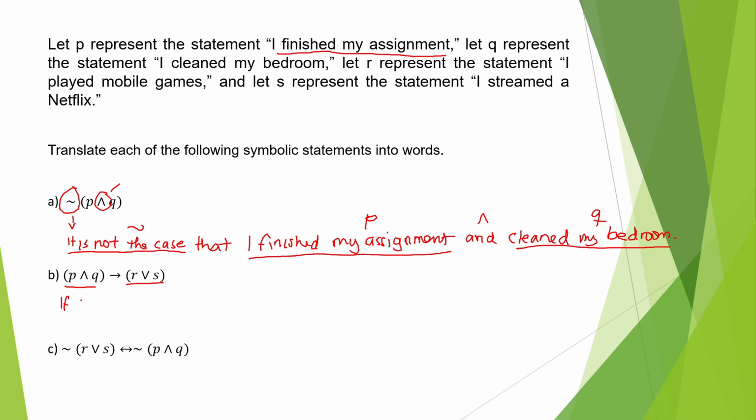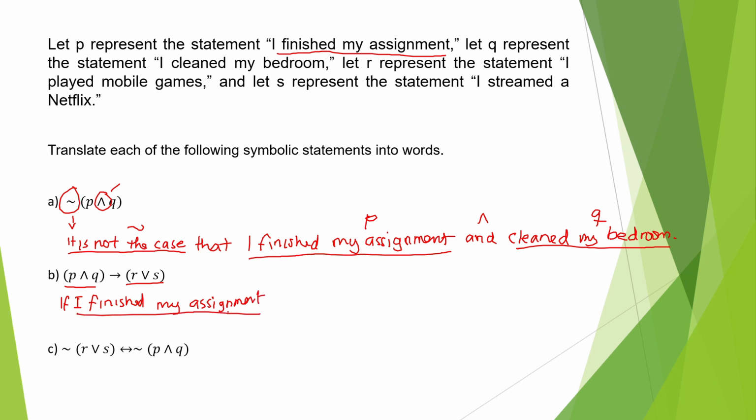If, what is P and Q? What is P? I finished my assignment.